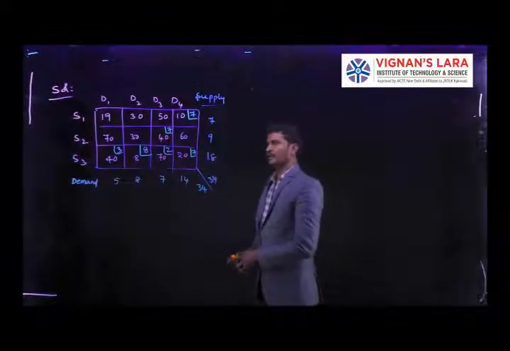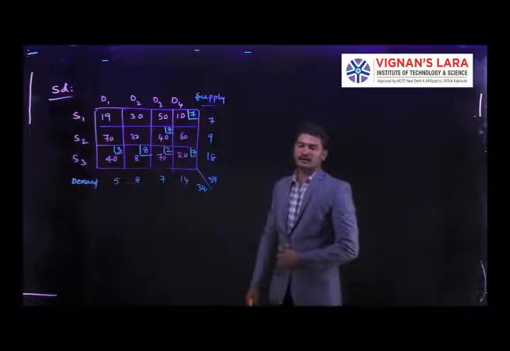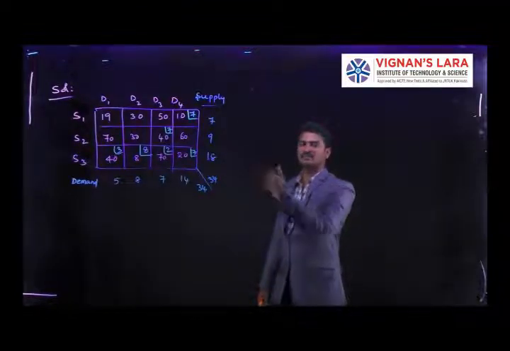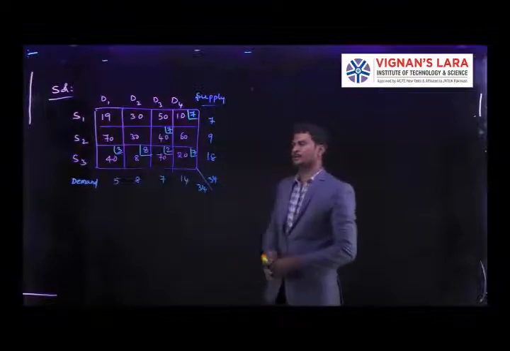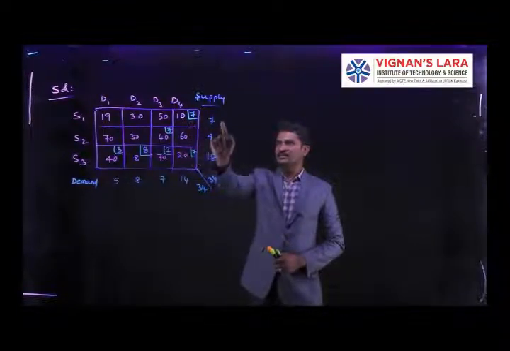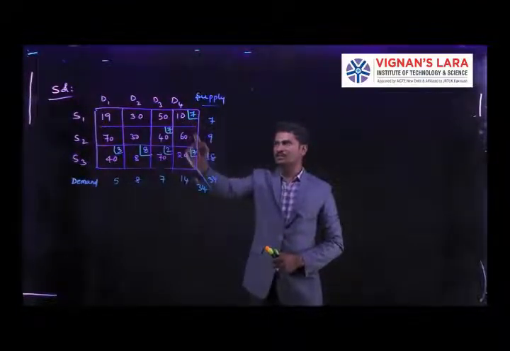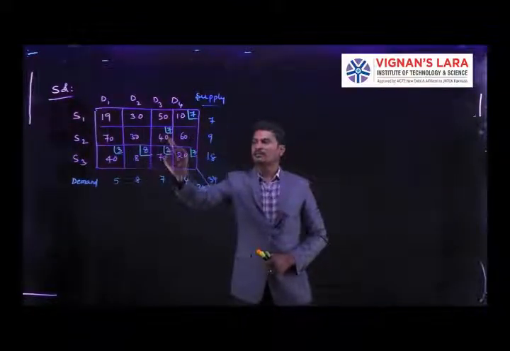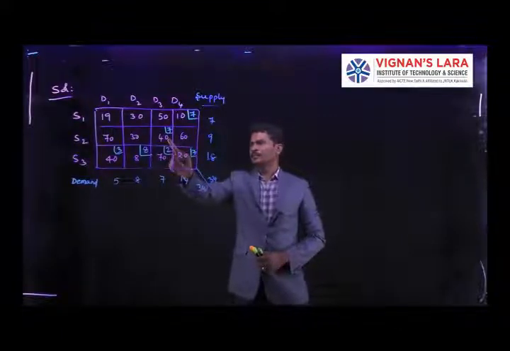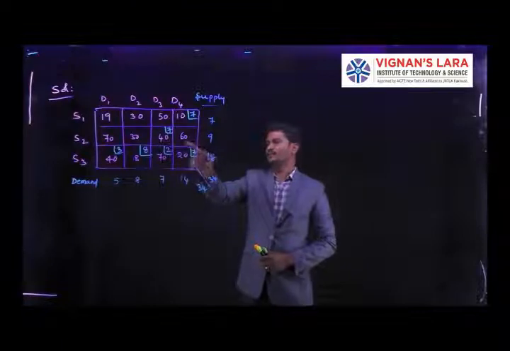Before we find the total cost, we have to cross check whether the total supply and demand are satisfied or not. First, coming to the first row, here we are allocating the 7 units at D4 station. Here the 7 units satisfy the supply. Similarly we are going to cross check the second row. Coming to the second row, here we have 7 units, 40 into 7. But here it is not satisfied.